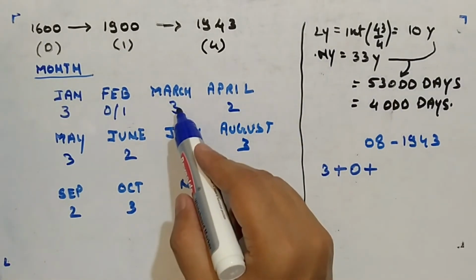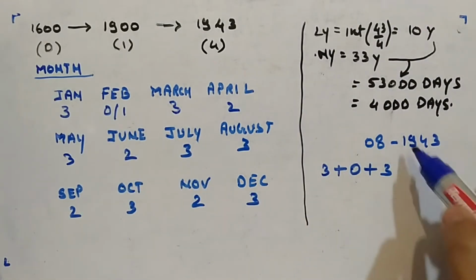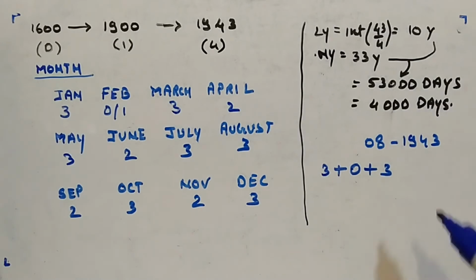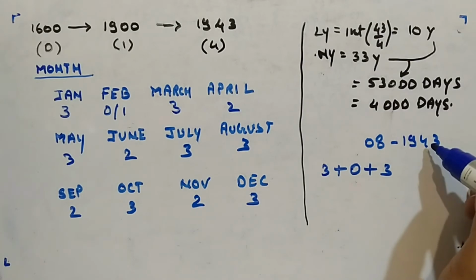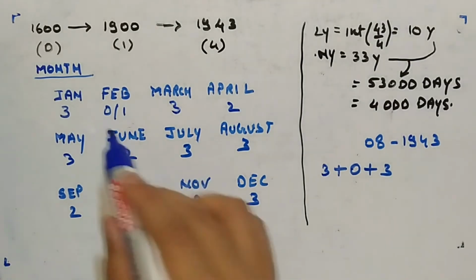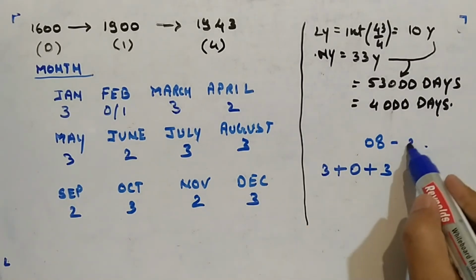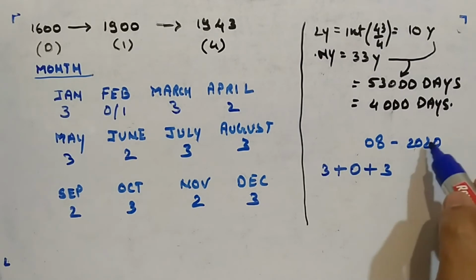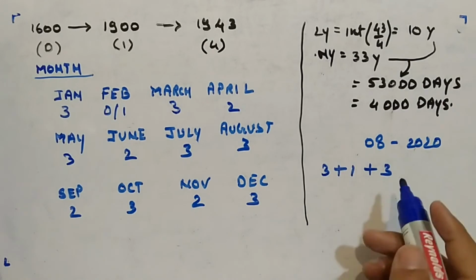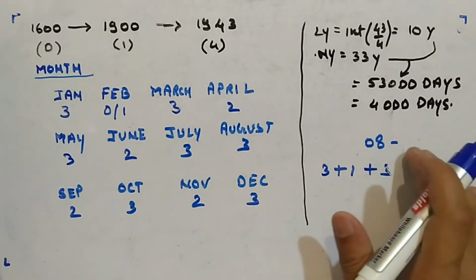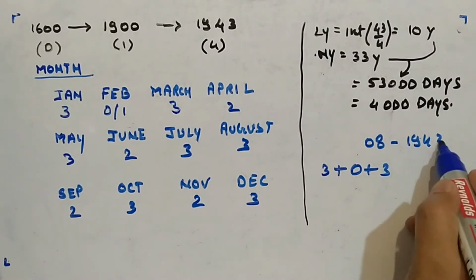Then you will take 3. So you have to put logic. It is connected to the year given to you. For the current year only you have to check, right? You divide by 4 and you saw that it is not a leap year, so you took 0. If it would have been a leap year, for example, let's say 2020, this is divisible by 4. It is not a century year and it is divisible by 4, so you have to take 1 here for this case. I hope you are understanding it.